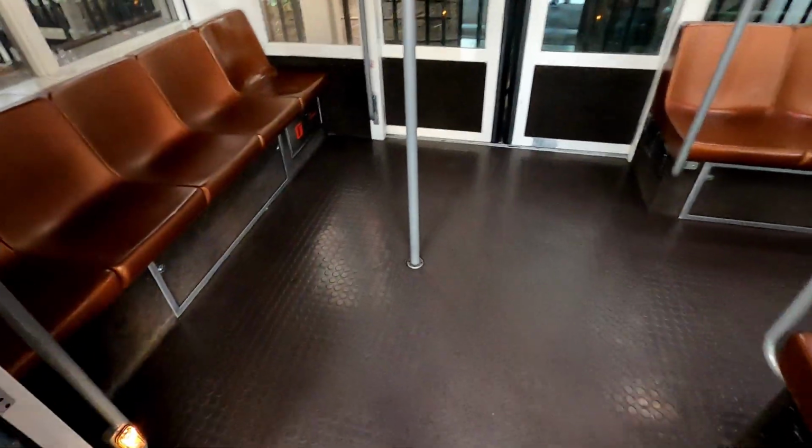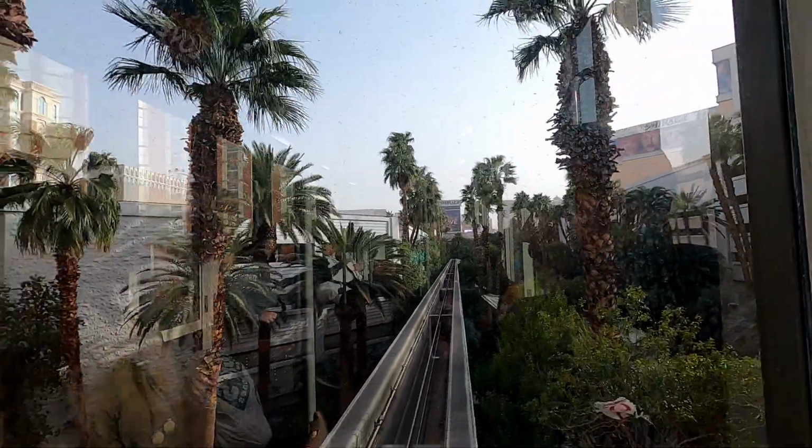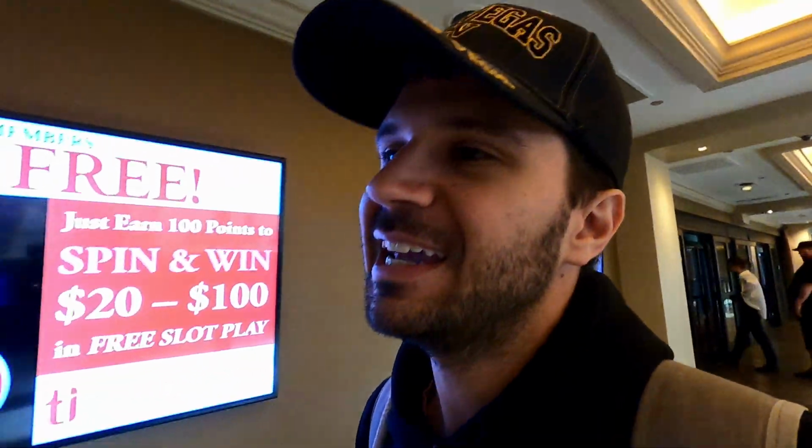It's been a long day of walking, but making our way in now, and you get to see this beautiful lobby area, kind of where you can catch the tram back out. Just want to take a look around. And then I think food does sound good, or at least a milkshake. So we'll take a look at that in a few minutes, and that'd be nice. Cool to see a bit of the Treasure Island lobby here. Not a whole lot to see, I feel like, but nice to walk through it, feel the vibe, and